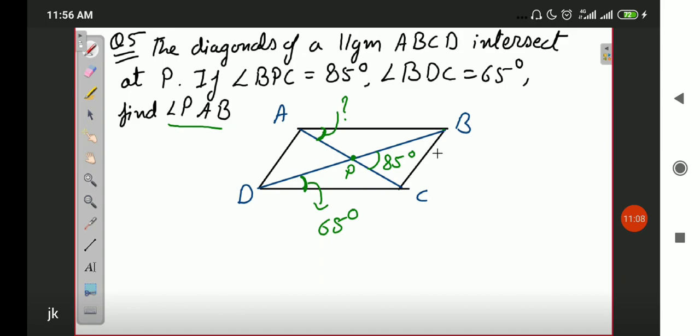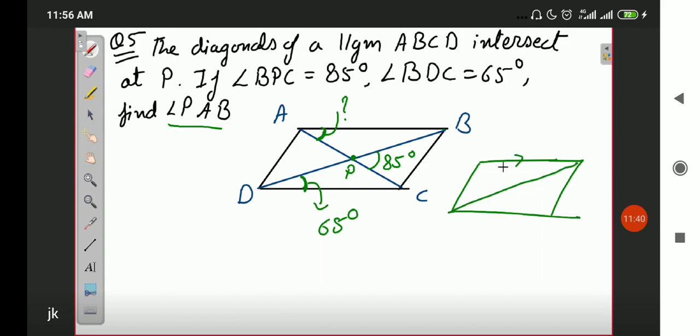Okay, now see, in order to determine this angle, I can use two things. The first thing that I can use is the exterior angle theorem for a triangle. Okay, but I will not go through that. We will continue with what we know. In order to find out the value of ABP, I will do two things. First of all, I will make this diagram separately so that you can understand. This is the parallelogram and this is the diagonal.